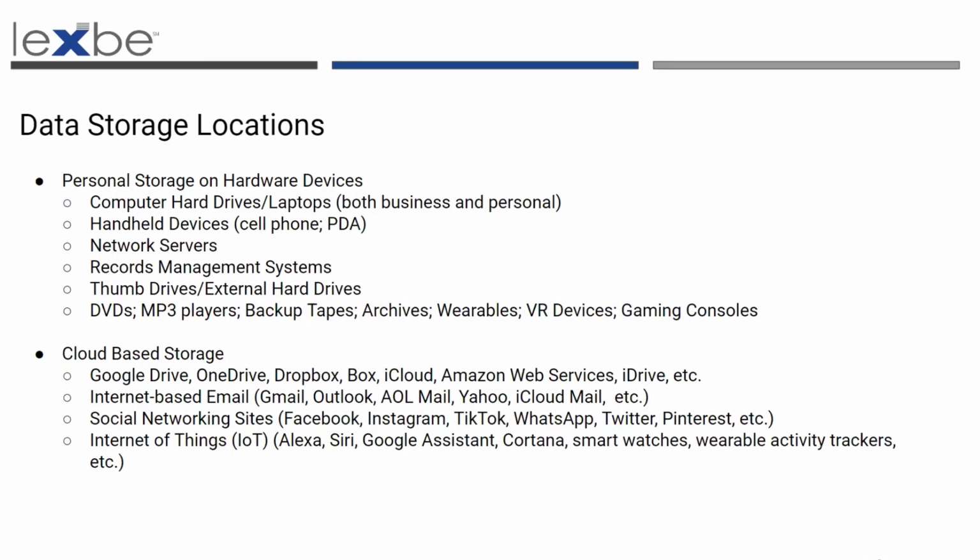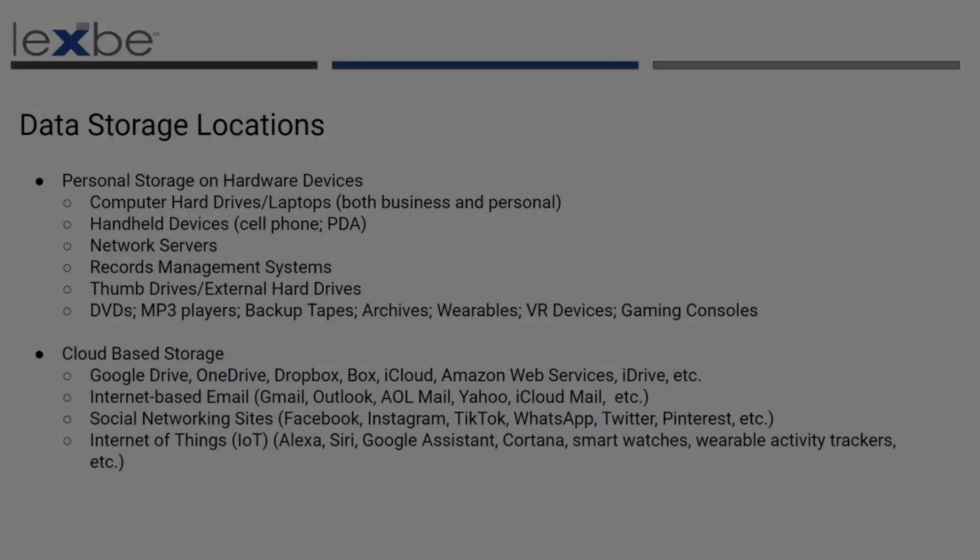And then you have what's known as the Internet of Things, or in the e-discovery industry, the IoT. Do you have an Alexa in your home? Have you got a smart TV or a refrigerator with one of those smart screens? Alexa records and stores data based on daily interactions with the user, just as Siri, Google Assistant, and Cortana do. The Internet of Things is a relatively new source of potentially relevant data. Generally, the Internet of Things is a network of physical objects that contain sensors, software, and other technologies that are designed for the purpose of connecting and exchanging data with other devices and systems over the Internet.